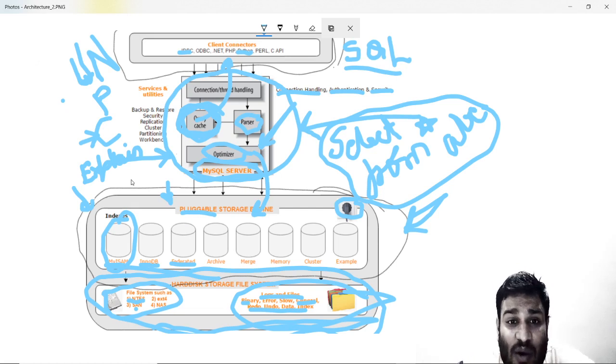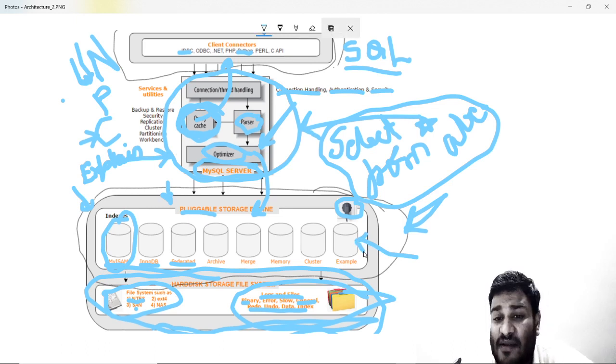So these overheads, and what kind of lock should be given to a database, whether it should be a table lock, a row lock, or something else, and how and when they should lock it and when they should release it, what the length of the waiting queue should be, and so on. There are a lot of factors which are defined in these storage engines. So this is what makes them suitable for different kinds of domains.